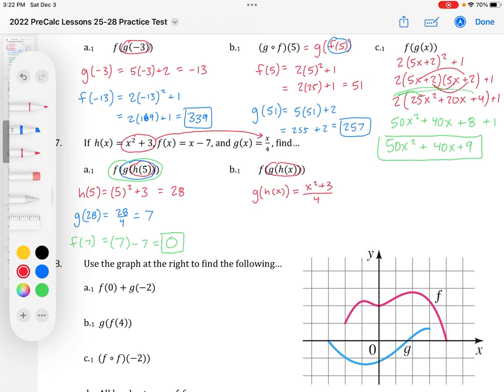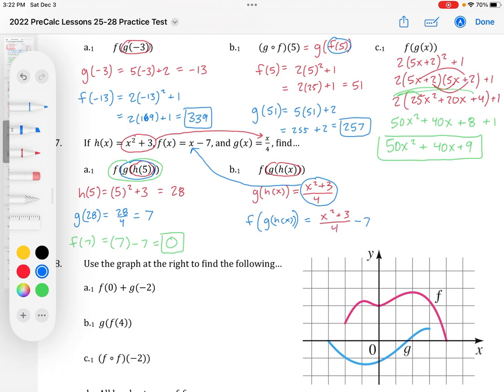Now we're going to take that function and plug it in to this function for f. And that will give us f of g of h of x. All right, so instead of having x minus 7, we're going to have this entire function, x squared plus 3 over 4